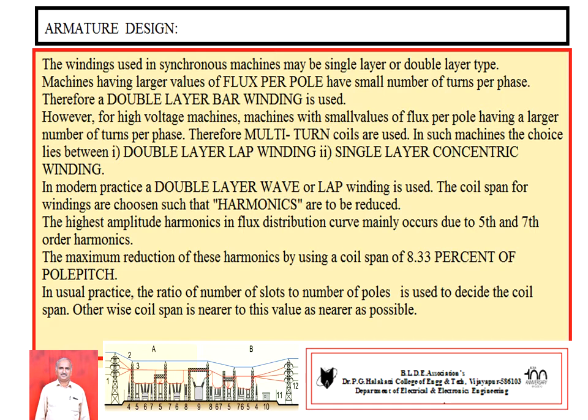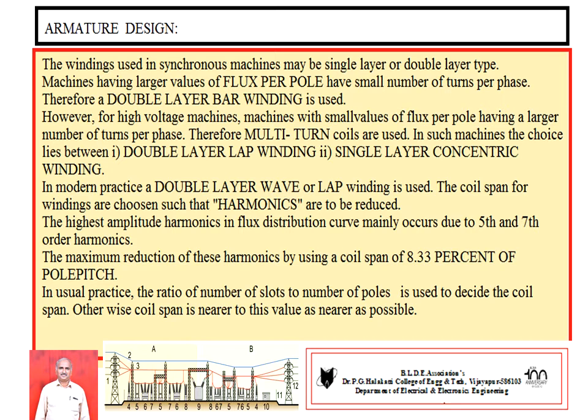The coil span for windings is chosen such that the harmonics effect is reduced. It is already discussed that in induction motor, there is a presence of harmonics. These harmonics will affect the flux distribution. In general, more effect is observed from fifth and seventh order harmonics. Hence, we have to consider the fifth order and seventh order harmonics when selecting the coil span.